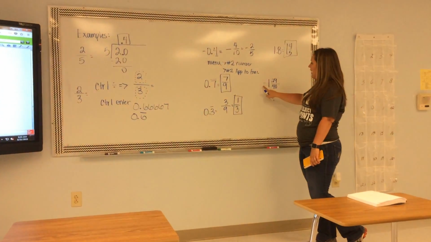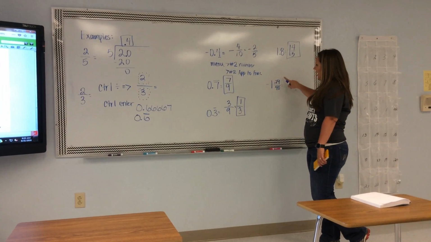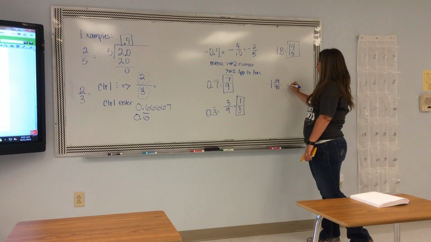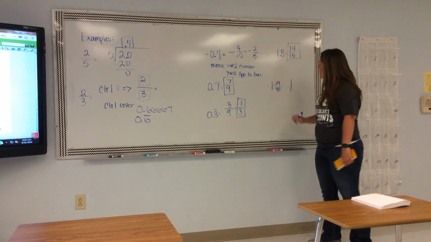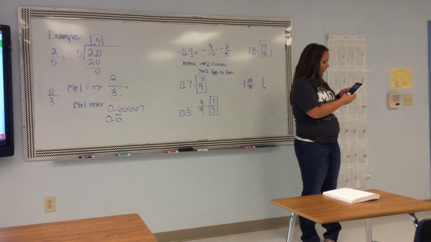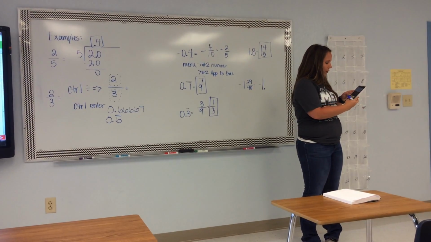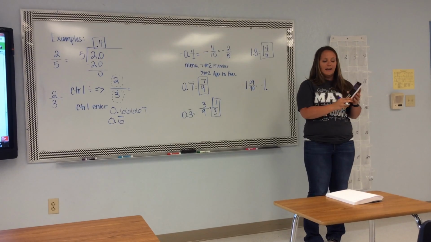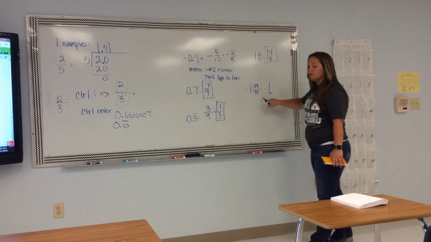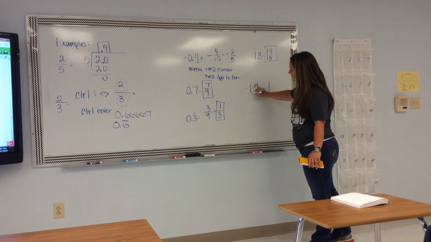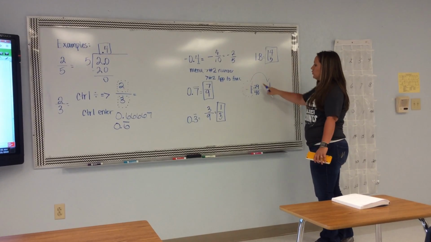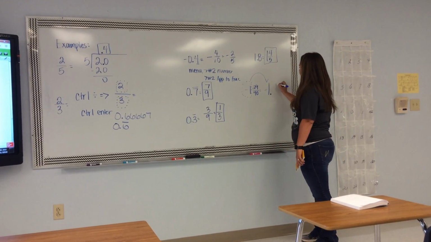So lastly, I have -1 and 29 over 40. So -1 is still going to remain -1. Then I add my decimal, and 29 over 40, I can just do control divide, 29 over 40, control enter, and it gives me 0.725. So my -1 comes over from the whole value. I just take this number right here and bring it over. And then 29 over 40 is then 7